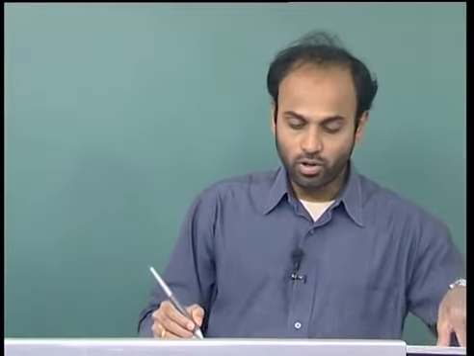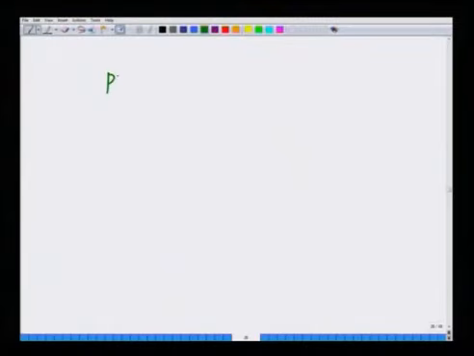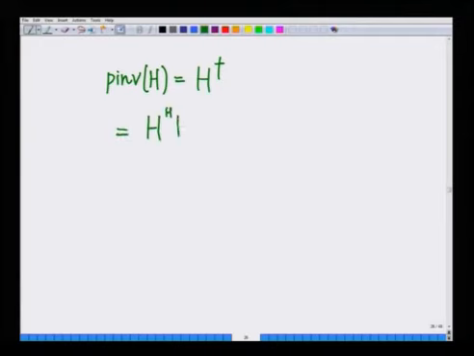Let us now compute the pseudo inverse of this matrix. The pseudo inverse H dagger equals H Hermitian H inverse times H Hermitian. So, first we have to compute, for the given matrix, H Hermitian H inverse. So, first let us start with computing H Hermitian H.